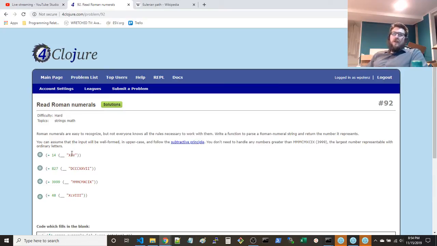Instead of adding I, you subtract I if you see I and 5 or I and 9 and 10, or whatever you see. You end up with just a simple summation over all the values. It creates a really nice, simple solution, and that's what we have down here.